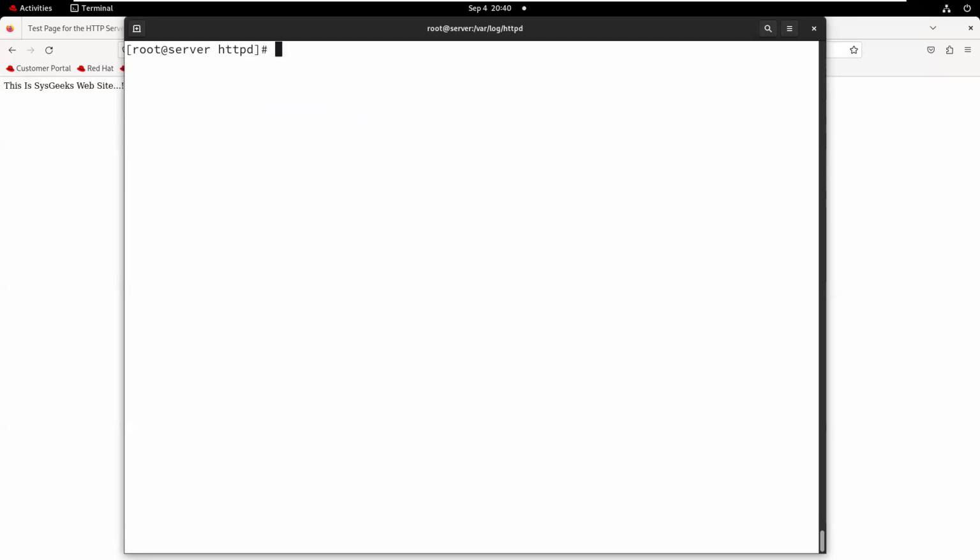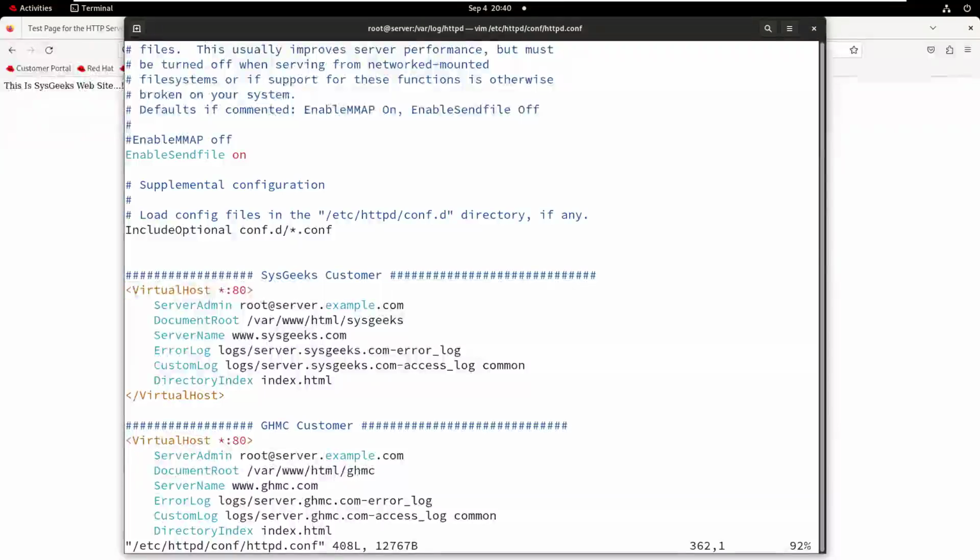But if you want to host any website with a particular IP address, I mean, sir, I have registered one IP address and I want to run this sysgigs website with that IP address. So after purchasing the IP, for example, 192.168.10.20, I have an IP.